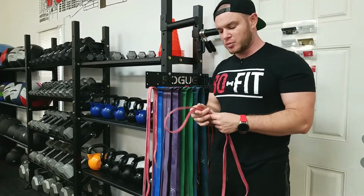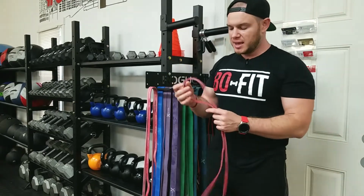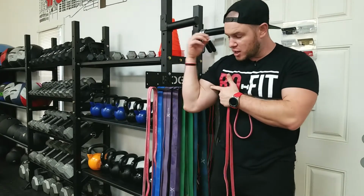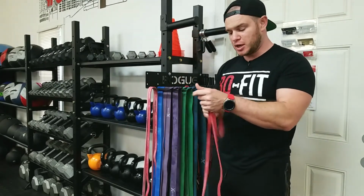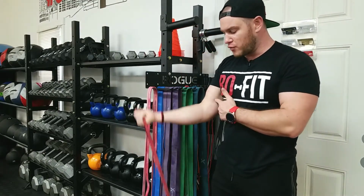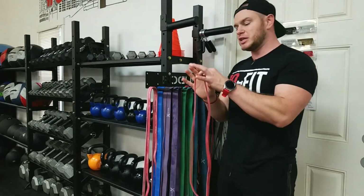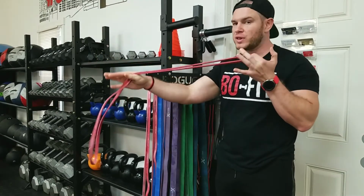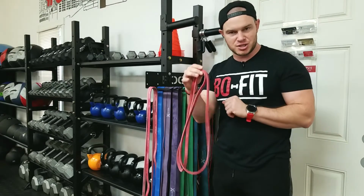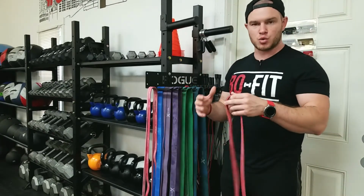A lot of physical therapists after surgery or injury use resistance bands because they resemble a muscle, because a muscle gets stretched and then squeezing, stretching and squeezing. So if you do a resistance band exercise, it's kind of almost mimicking your muscle. It's stretching and squeezing. So it's like a continuation of your arm or leg or whatever exercise you do. So these are very good for rehabilitation, but also for warming up or cooling down after a workout and finishing,